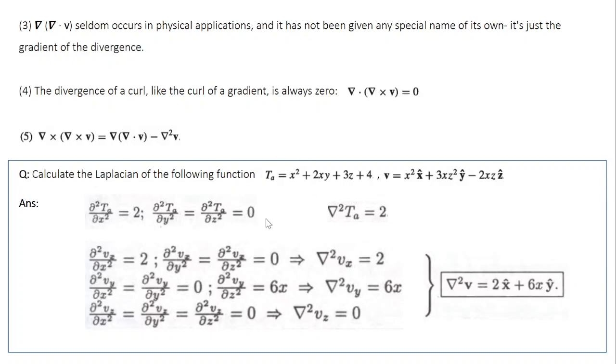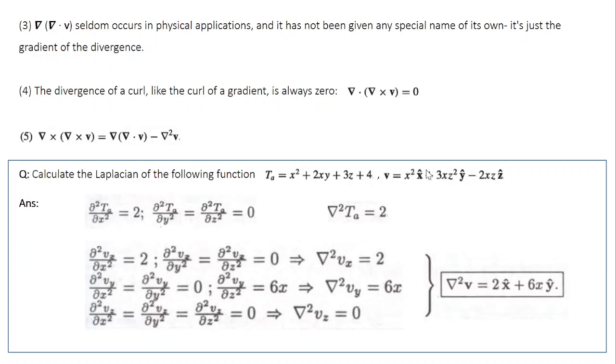So first the scalar function, you know the definition of Laplacian. So find out each component. So dou square T by dou x square, you can do the math. This is 2. For the remaining terms, you get the second derivative being 0. So del square T is the x component, which is 2.